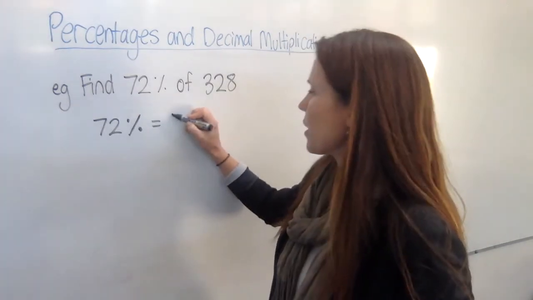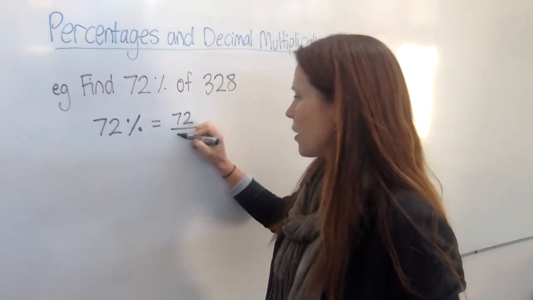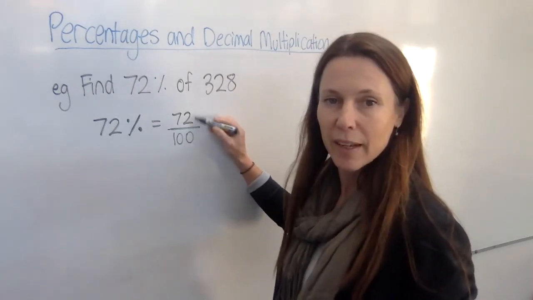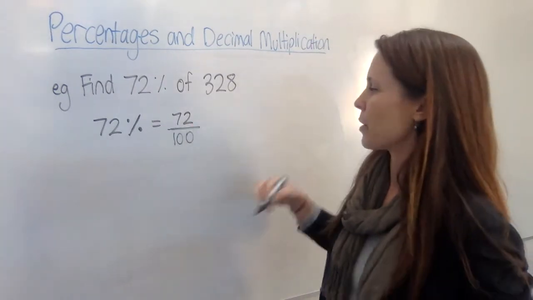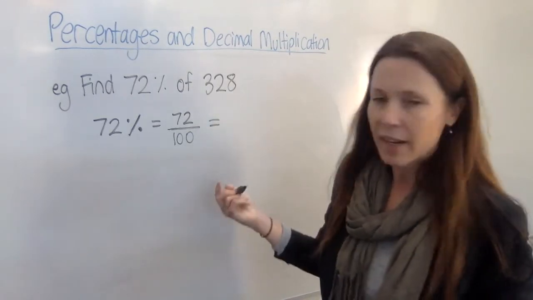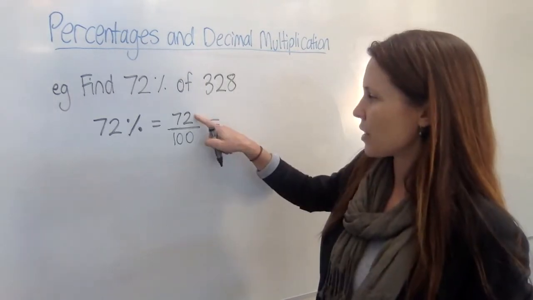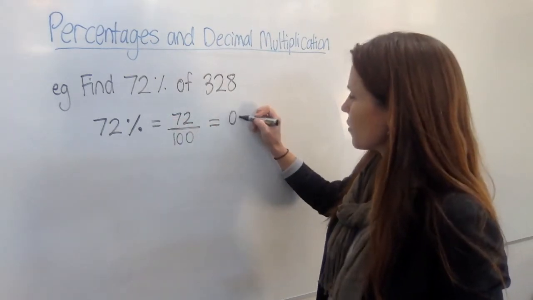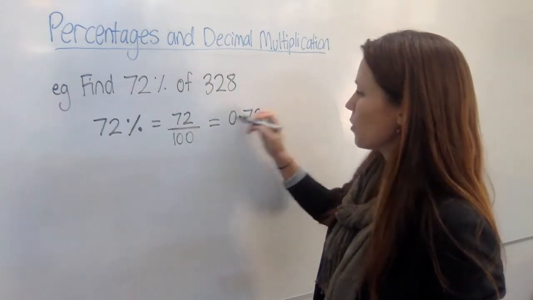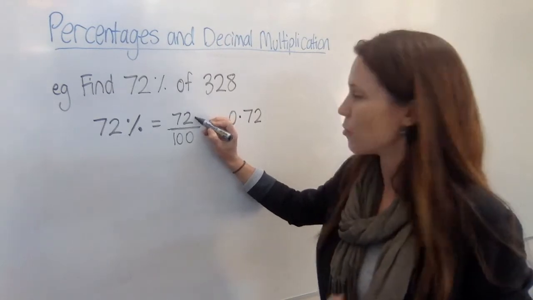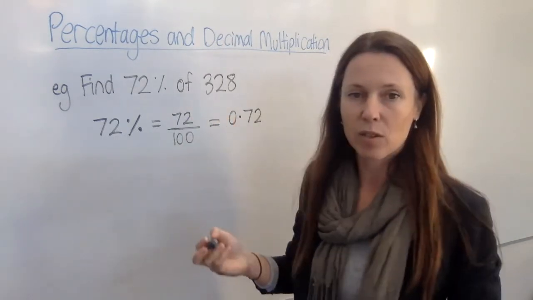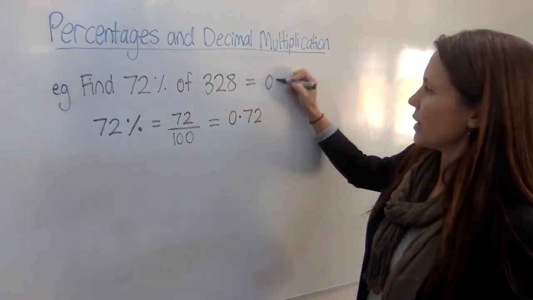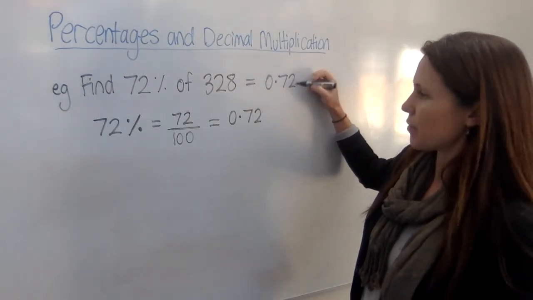So 72% is the same as 72 divided by 100, because this line means divided by, doesn't it? Out of 100, divide by 100. And the easiest way to divide a number by 100 is to move its decimal point 2 places to the left. So that gives us 0.72, because notionally a 72 has its decimal here, and you move it to the left 2 spaces. So we've changed our question to say, let's instead find 0.72